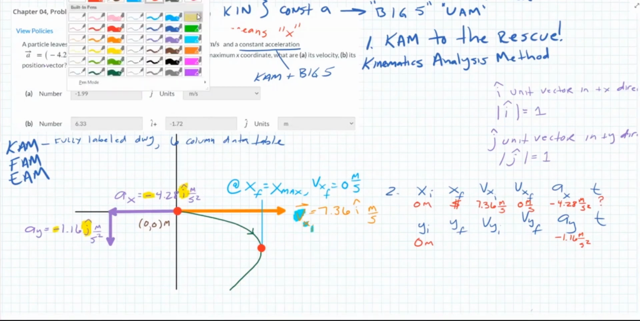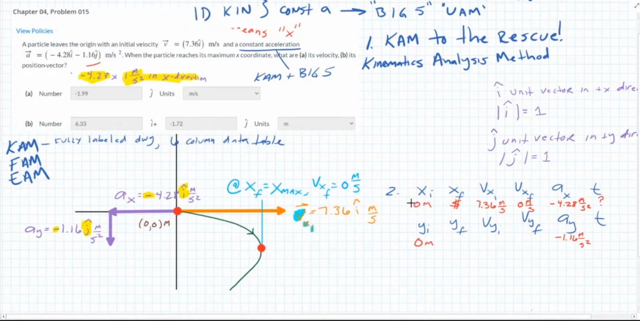So I've just spent an enormous amount of time talking through all of this stuff, and this is time well spent. So I'm pretty confident about my x coordinate, or my x data in my 6-column data table. What about the y? Let's see, because I need to find out the velocity at this point and the position